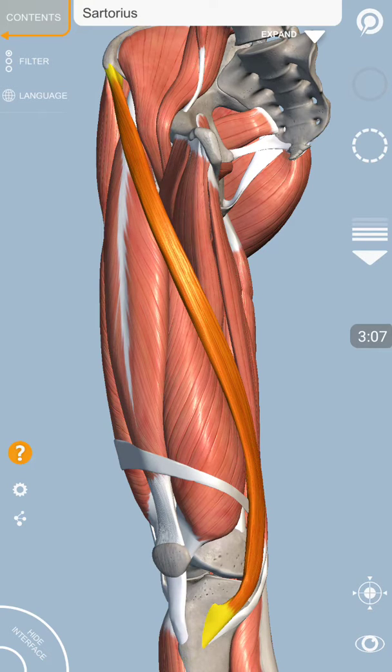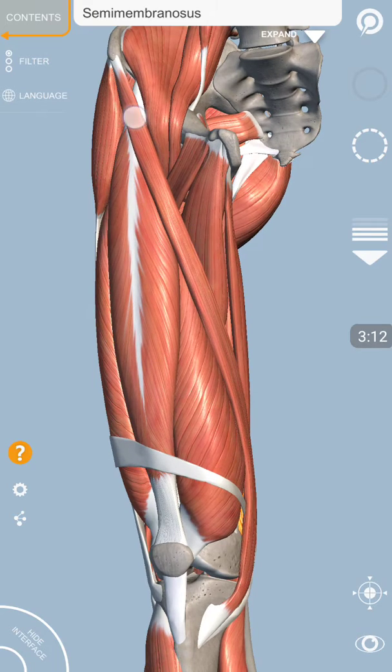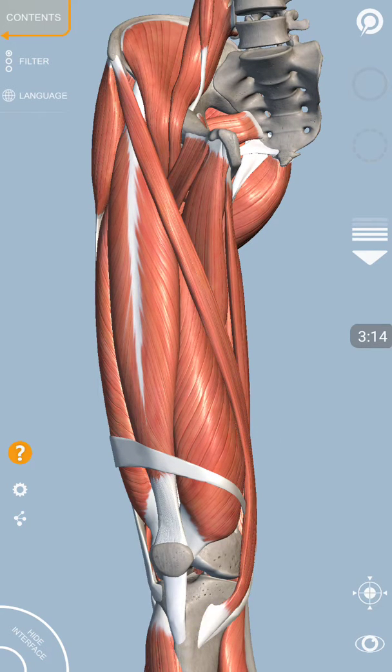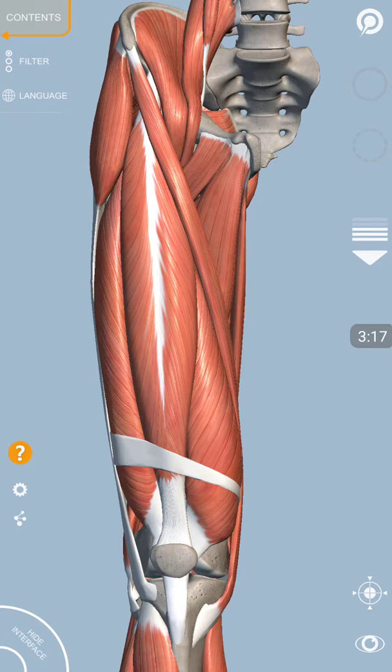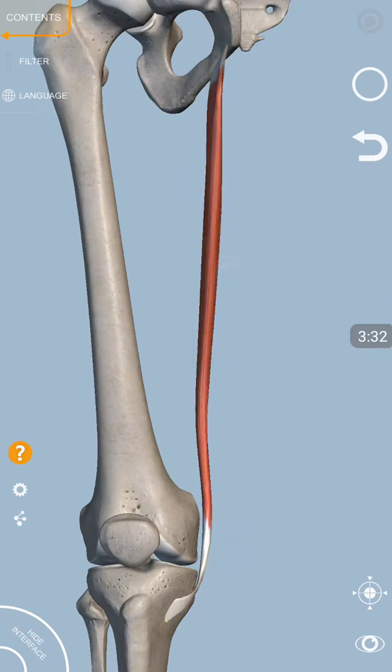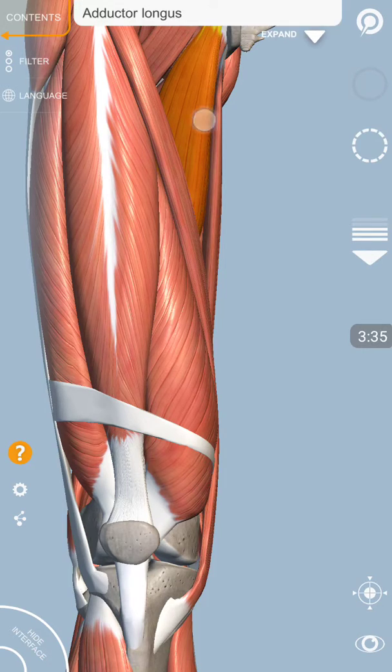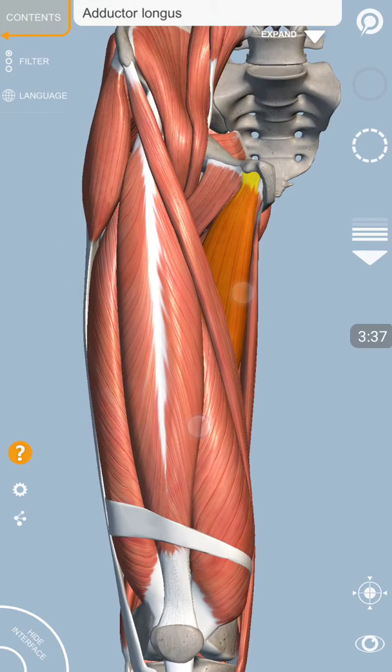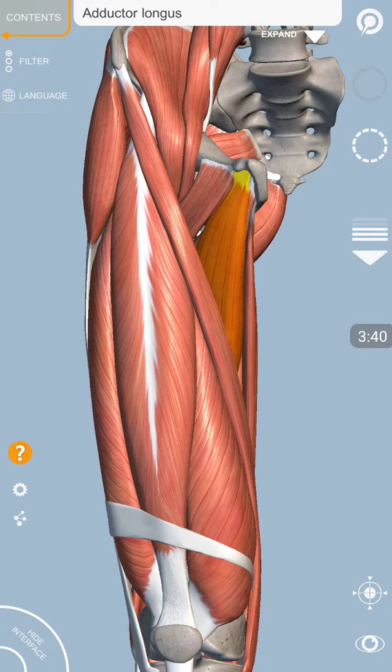So again, this medial border of the sartorius bounds the femoral triangle laterally, whereas the medial border of the femoral triangle is formed by the adductor longus. Here this is adductor longus. So the lateral boundary is formed by the medial border of the sartorius, and the medial border is formed by the medial border of the adductor longus, whereas the floor of the femoral triangle is